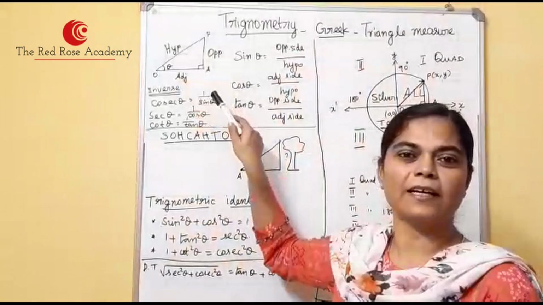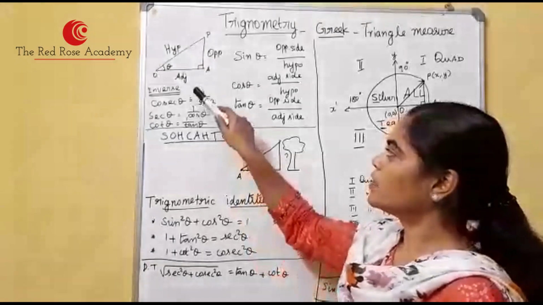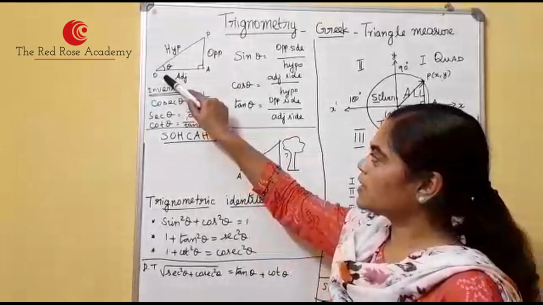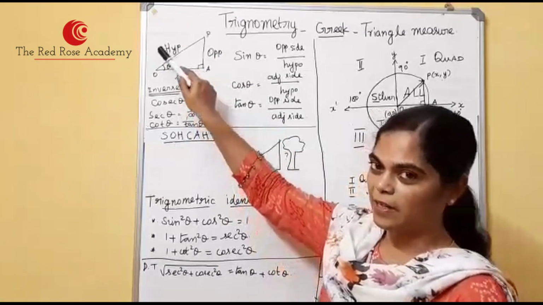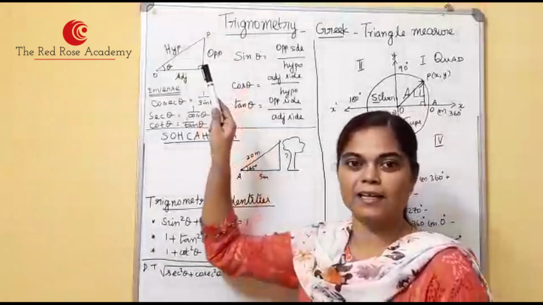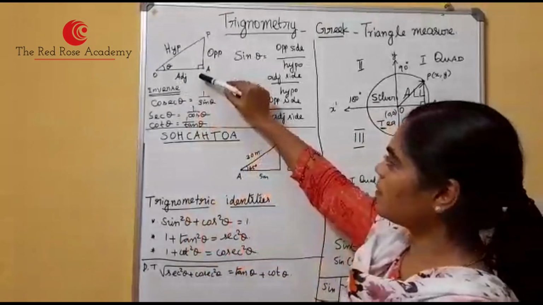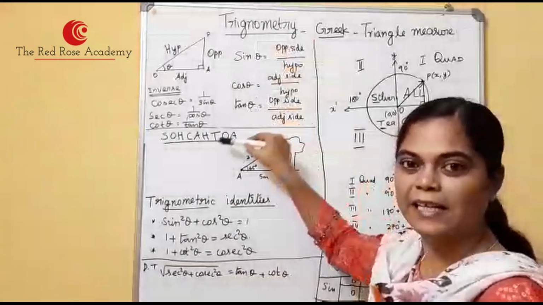We all know the RHS criterion from similar triangles. So this is a right angle. We know the hypotenuse side squared is equal to the sum of the squares of the other two sides, that is the right angle criterion. So it is a right angle triangle. From this we are going to find the trigonometrical ratios.